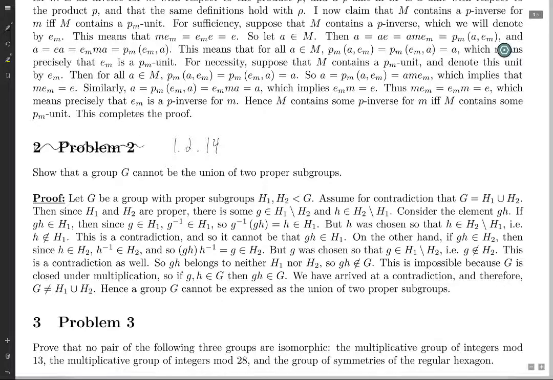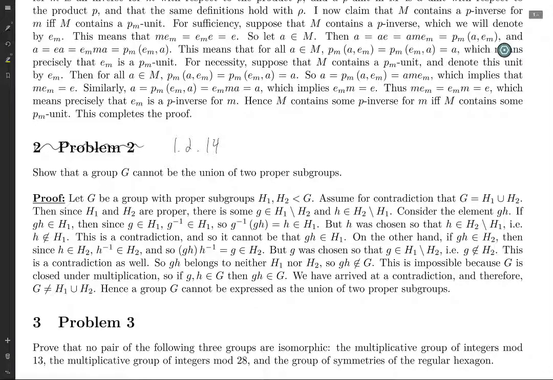Conversely, then it has to be that gh is in H2, but then you basically do the same argument, but for h, and you multiply gh on the right by h inverse, and you conclude that g is in H2, but that contradicts the fact that you chose g to not be in H2. And so basically gh, it can't go anywhere, and so